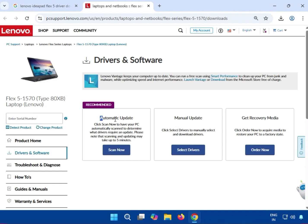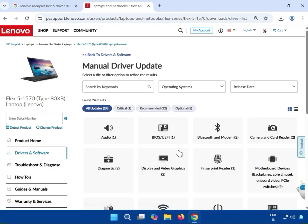So in this automatic update driver, you can click to scan now, and the software automatically scans your system, and after that shows the required drivers to install. Second is manual, so if you have some issues, install separately, select the driver,